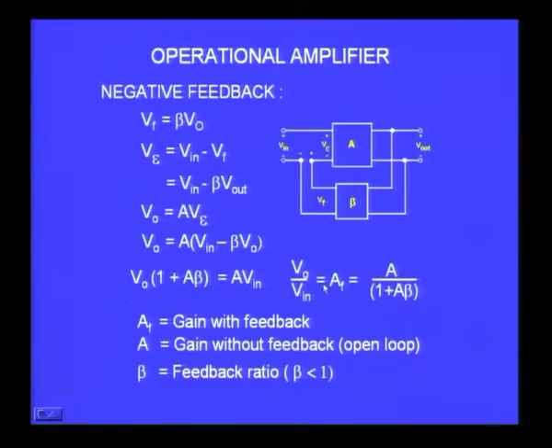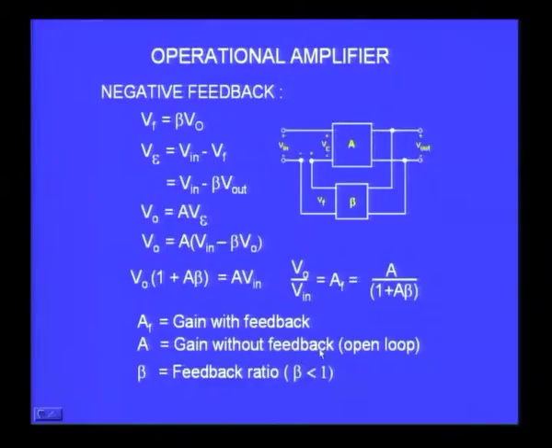When you rearrange them, you would find V naught by V in, which is the gain of the total amplifier including feedback. I call it AF, A with a suffix F. This is the amplifier gain with feedback, and that is equal to A by 1 plus A beta. This is what I get, an expression for the gain of the amplifier with feedback, with negative feedback. If it is a positive feedback, this plus sign will be minus,